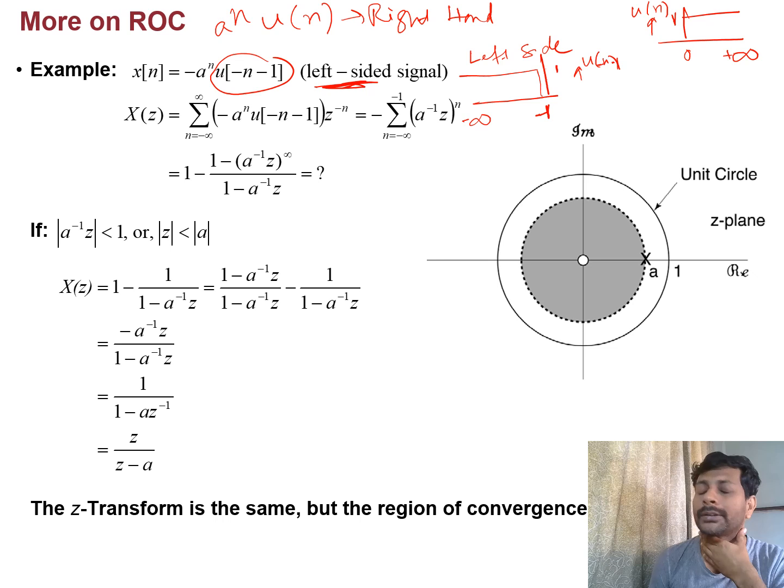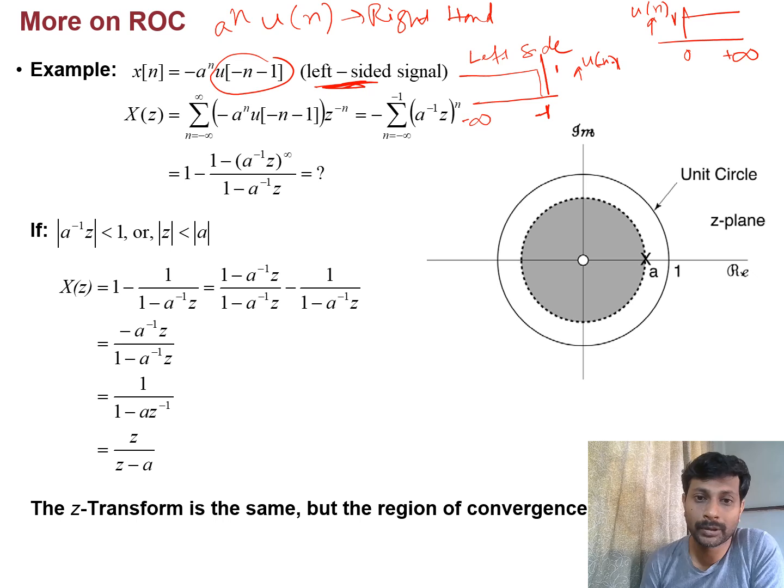Let us take the negative sign common, and we have a to the power minus n, because here the limit is changing to minus infinity to -1, as in terms of the left hand sequence of unit step response. So it simplifies this to 1 minus